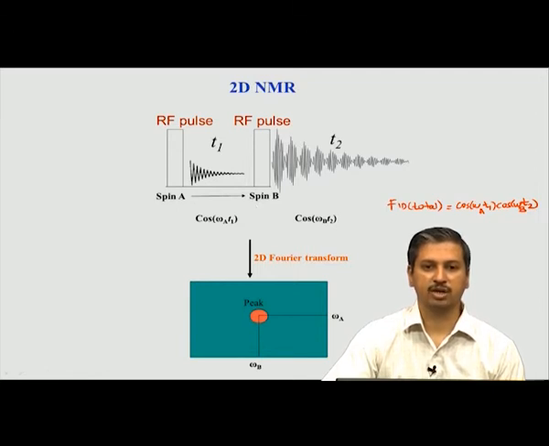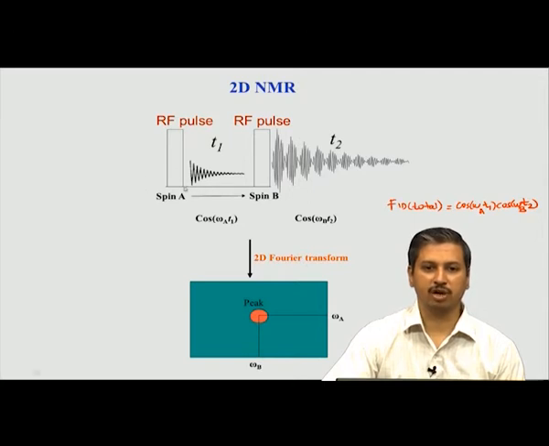The second factor which matters is the relaxation. It may happen that this molecule relaxes very fast. So, by the time I give a time delay here, by the time this time is over, the spin A has completely died down because of relaxation. In that scenario it will not be able to transfer any magnetization to B. So, that is another factor determining the transfer efficiency. So, basically it is J coupling and the evolution.